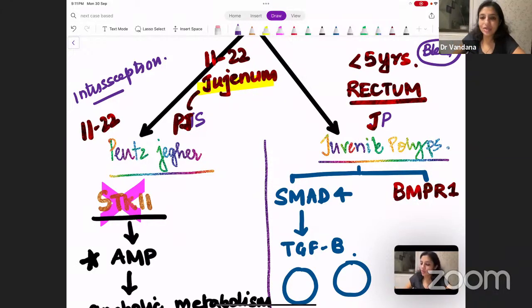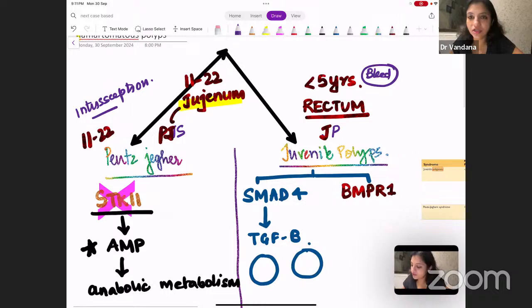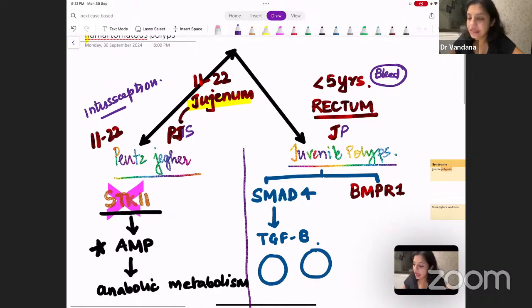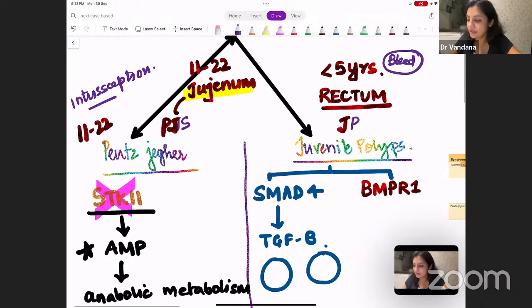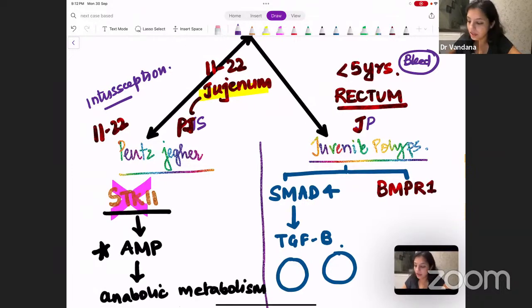Okay. So now, once we are clear with the genes, remember what we have learned. PJ syndrome has STK11 deletion, and juvenile polyp has the mutation of SMAD4 and BMPR1. Now, another thing that you have to remember here is that hamartomatous polyps are always associated with extra-intestinal manifestations. So what are the extra-intestinal manifestations in PJ? Remember, it starts with the letter P. P is for pigmentation. So they usually present with